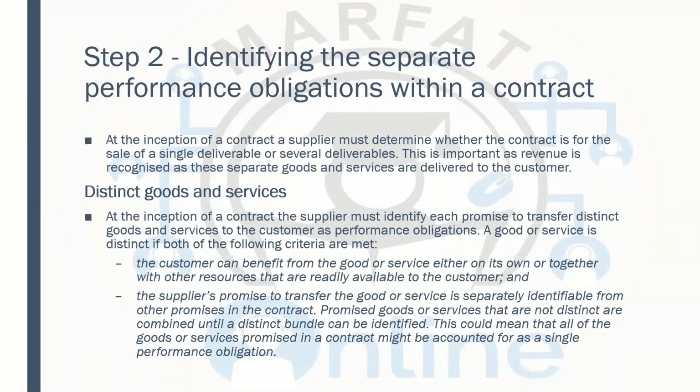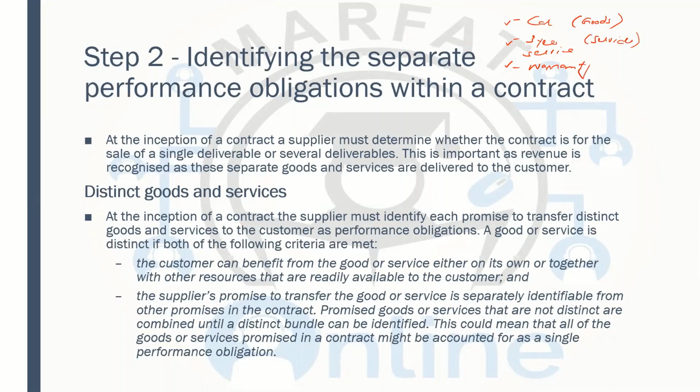Now you have step number 2, which is identifying the different performance obligations. And hopefully you remember, I gave you the example. For example, you went to buy a car. So the car is the goods. And they said, we'll be giving you a 3-year service. So this is the services. And then there was a warranty. So I entered into a contract to buy a car. And then there are 3 obligations of the company: to provide me a car, to provide a 3-year service, and the warranty.